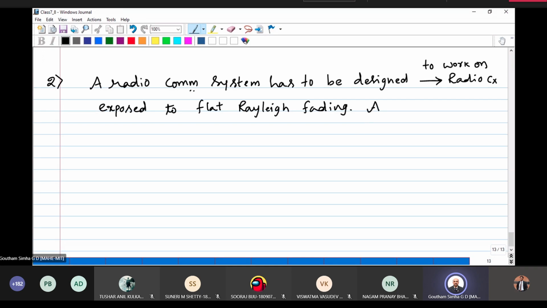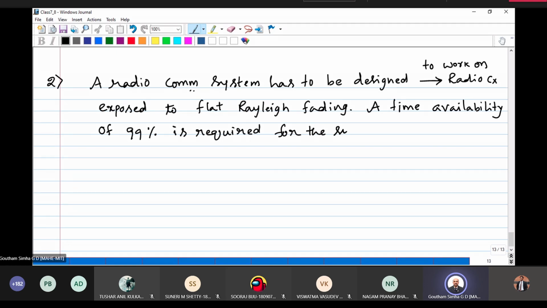A time availability of 99% is required for the system to operate properly. The receiver is assumed